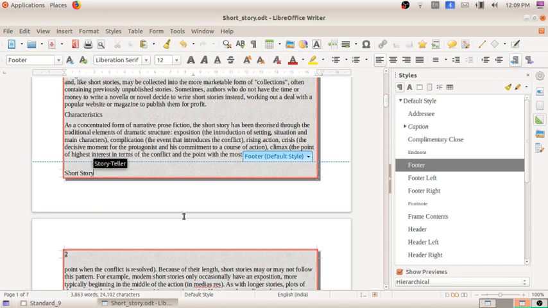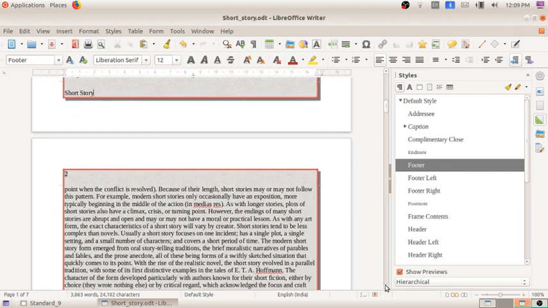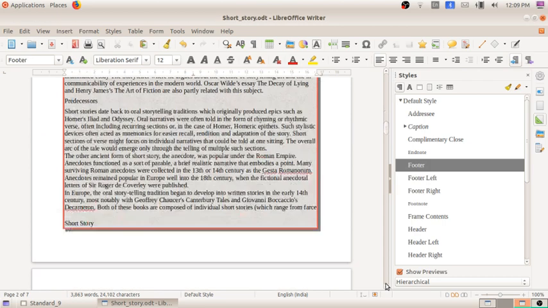Okay, so you can see this is reflected on all the pages. I'm taking the second page. You can see the short story. We can write this only a single time, and all the other things will be reflected in the remaining pages. You can see the same thing is reflected.